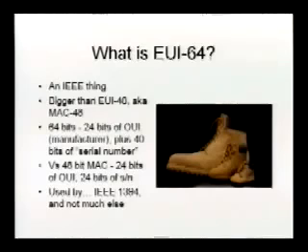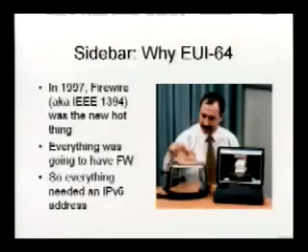What is it? EUI-64 is like a MAC address, only it's got more bits. It was originally intended for future developments where MAC addresses needed to have a lot more bits. But other than that, the first 24 bits between MAC-48 and EUI-64 are exactly the same identifier. It's an OUI. What uses it? Right now, IEEE 1394, and I'm not aware of anything else that actually uses it from broadcast networks.